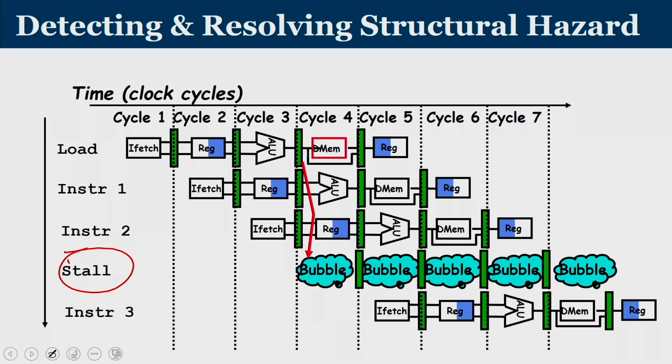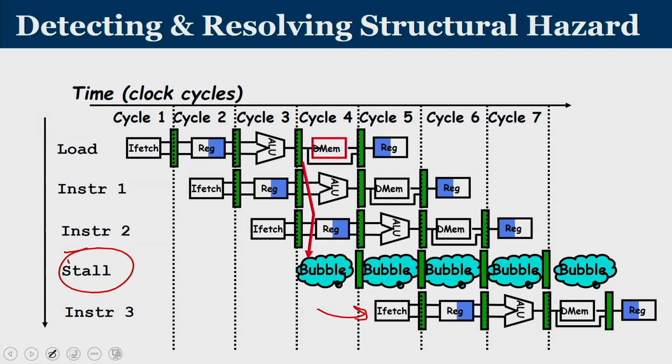So essentially what happens is your instruction 3 got shifted by one position. This is the process of detecting a structural hazard and adding a new bubble or a stall in the instruction sequence, such that two instructions looking for the same hardware are not trying to access them at the same time.